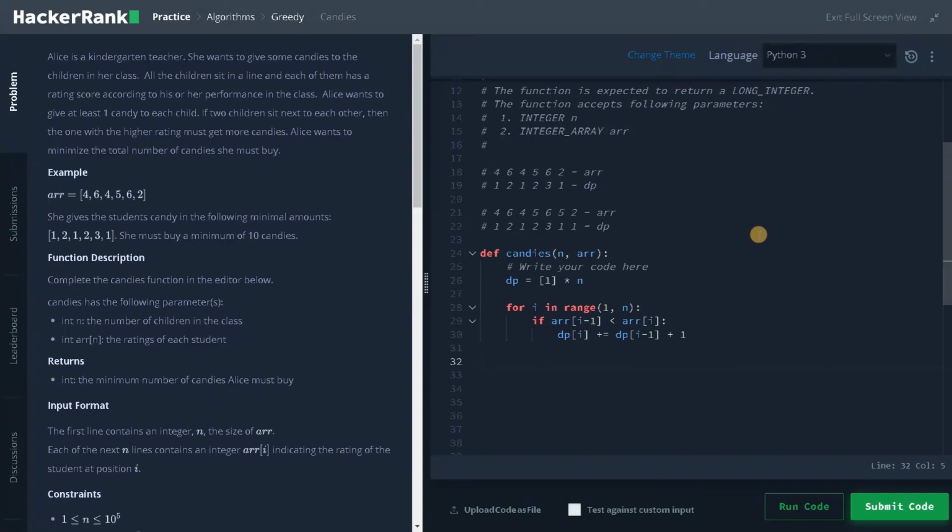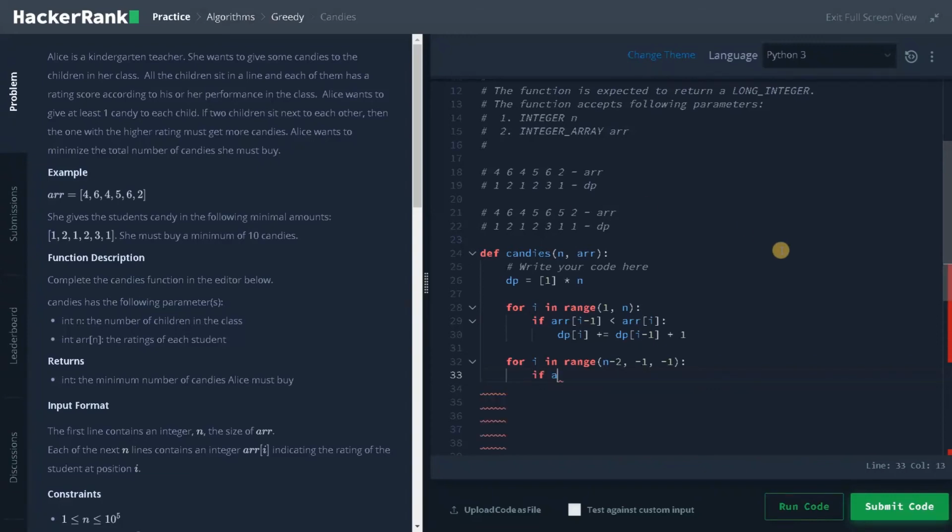So to traverse from reverse, for I in range of n minus 2, comma minus 1, that means it will traverse up to 0, and I will decrement it by 1. So this is the step value. Now for checking, we are going to check from the reverse.